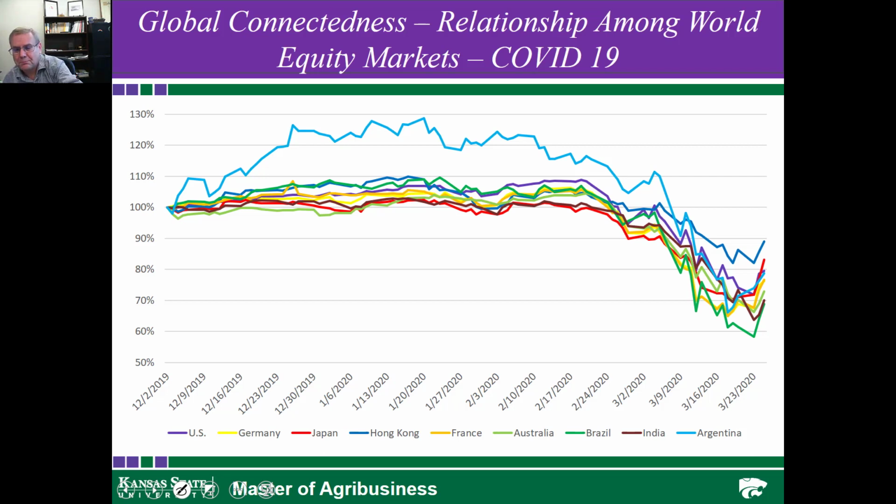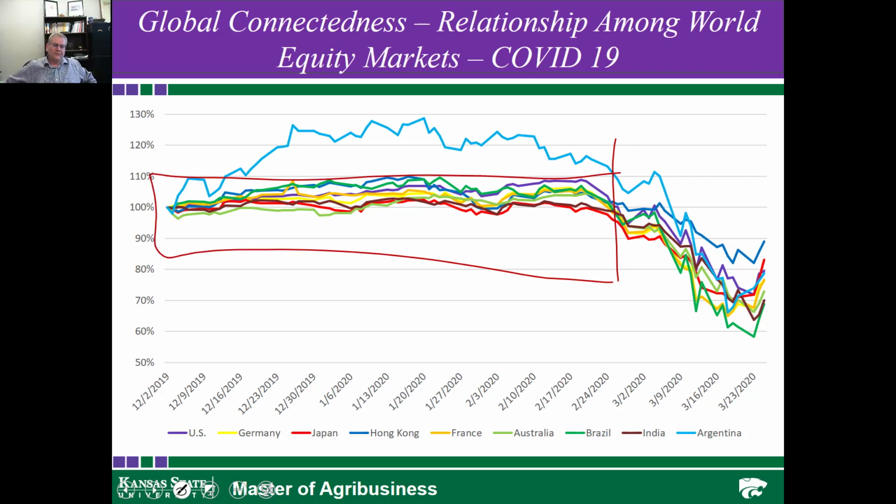Again, if you look at pretty much everything on a daily basis, from December 1 till March 1, they pretty much moved in lockstep. The only one that was a little bit different was Argentina. I'm not sure what was going on in Argentina with regards to an anomaly, but in some respects they were pretty stable across the globe for roughly a 3-month period from December 1 to March 1.